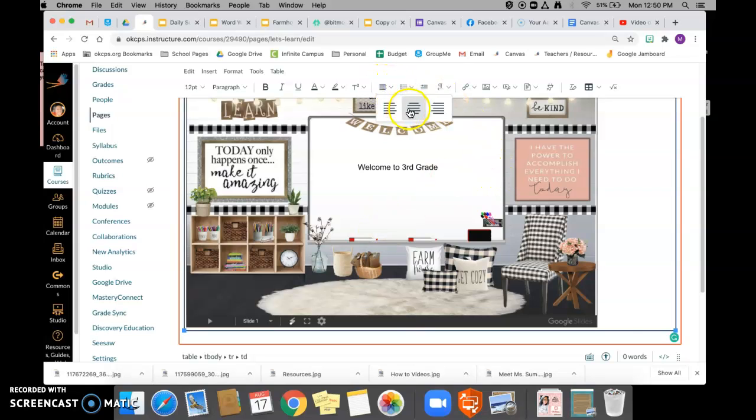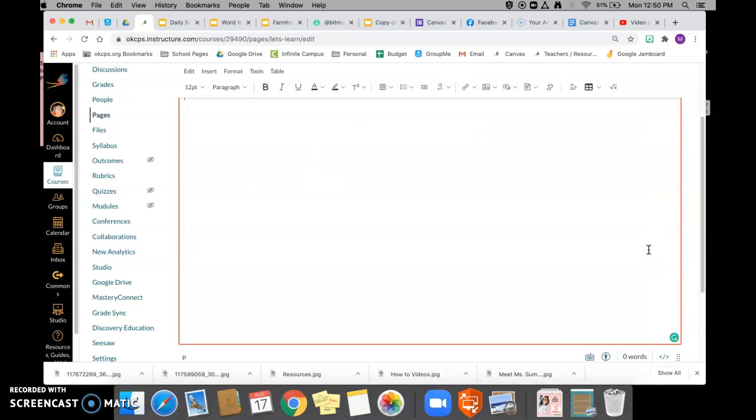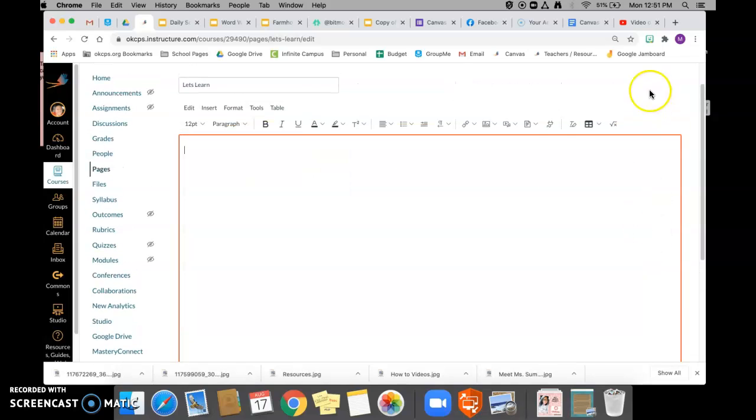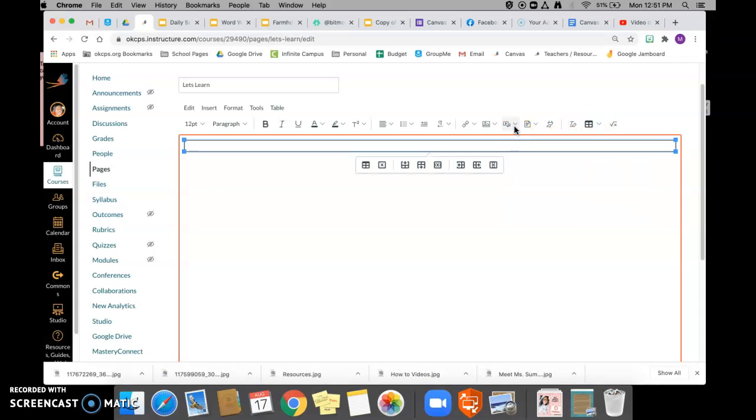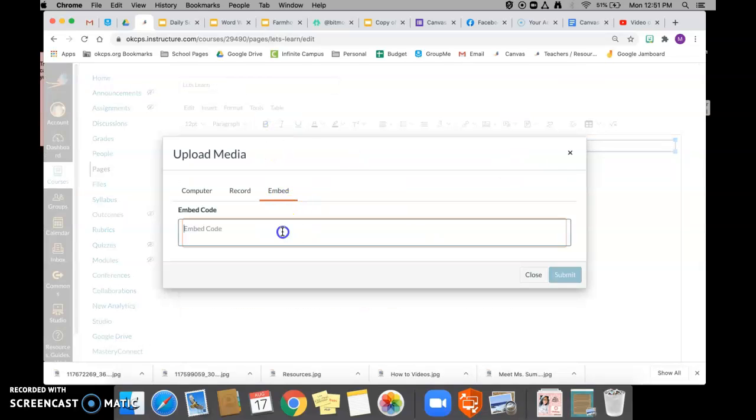And I like to center it. So I'm just going to center it. Now, there's this pesky little black bar underneath my Google slide. And I don't really like that. So I'm going to show you how to get rid of that. The first thing that I'm going to do is I am going to delete this. And I'm going to bring in that cell again. And then I'm going to re-upload that media with that same code,